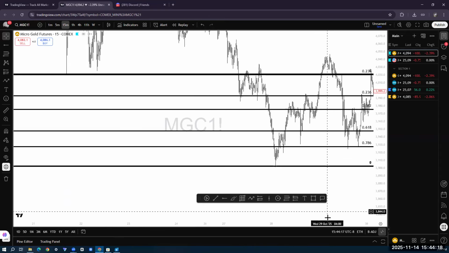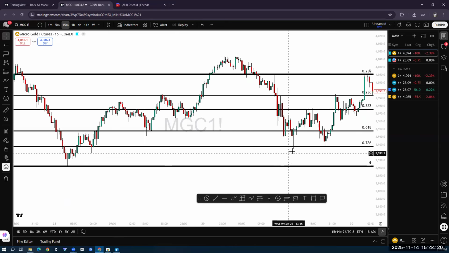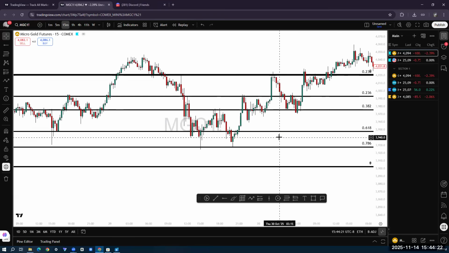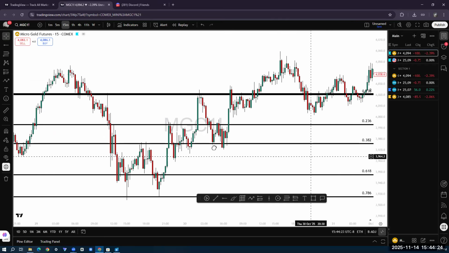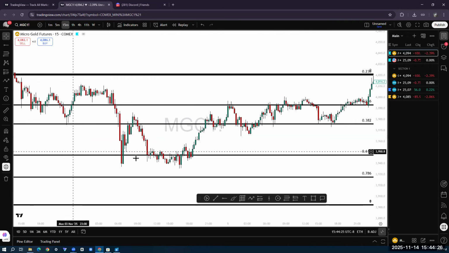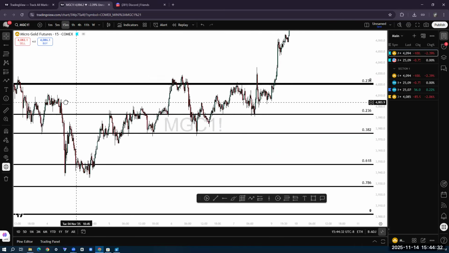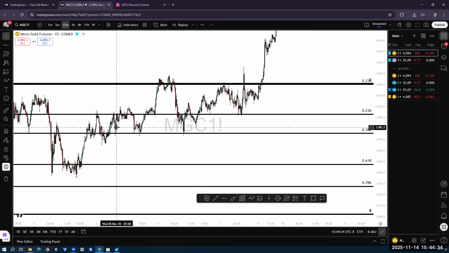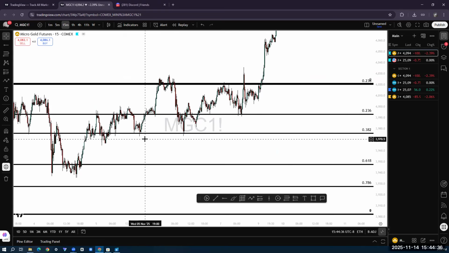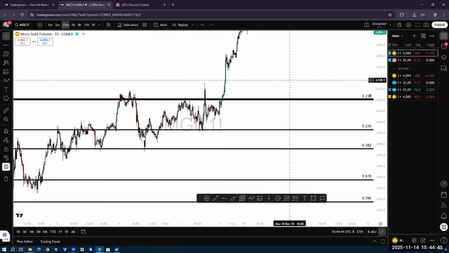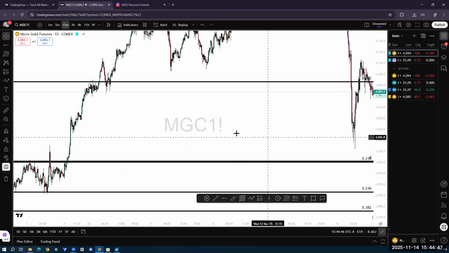For example, look at these taps. 786, 786, 786. Price is going to always retrace, and it's always going to come back to the same levels it wants to reject from each and every time. But even if I go ahead and blindly buy from each level, if I sell or buy blindly, not worrying about whether there's rejection here or there, if I just blindly buy from the 236 and sell from the 618, the win rate will still be way over 50%, wouldn't it?